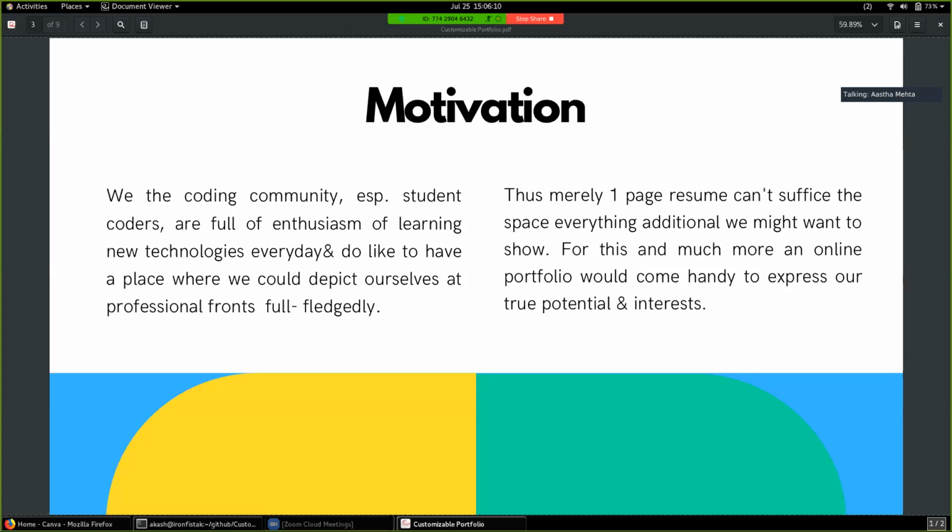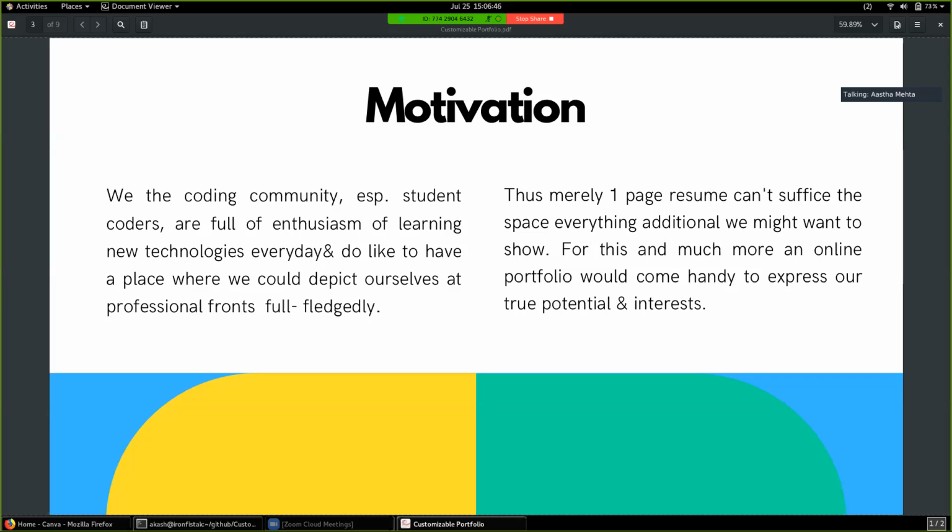And these variations would be, for example, let's consider an about me section. What it would basically have is an image of the user whose portfolio it is, and their name written above or below it, and their bio or anything else. Now this could be arranged in various ways, like the image placed on top and the name below, or vice versa. So that is the flexibility we are providing by having different variations of elements and providing that code.